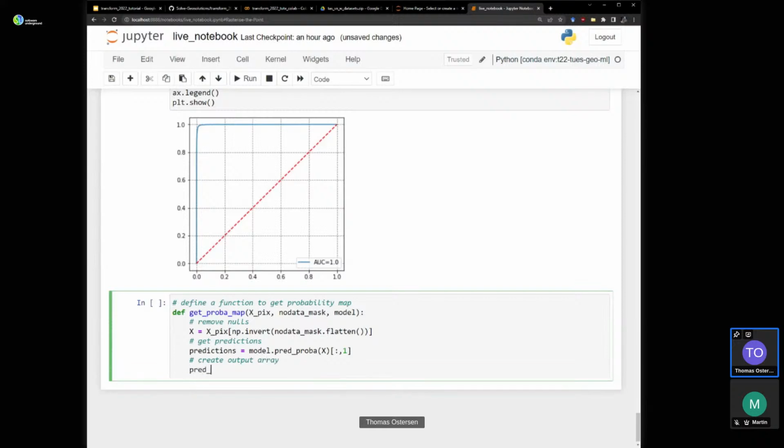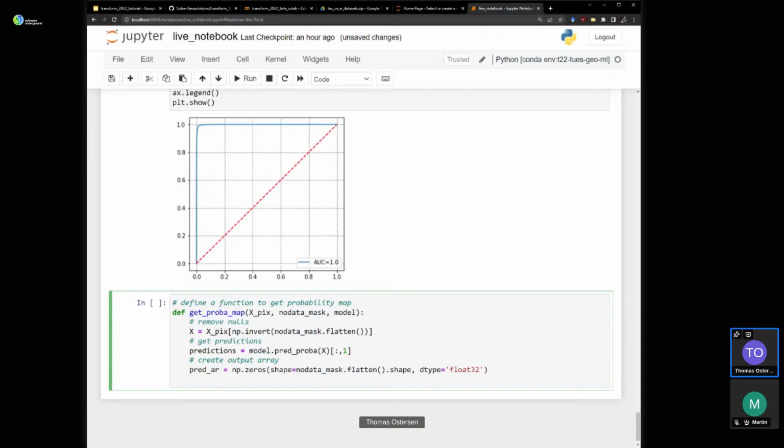We'll call it pred_r equals np.zeros, shape equals no_data_mask.flatten().shape. So we're just going to make a 1D array for now. Make the dtype, the data type, float32 to match the outputs of the model prediction.